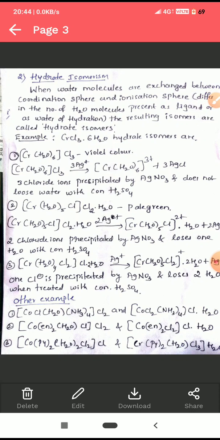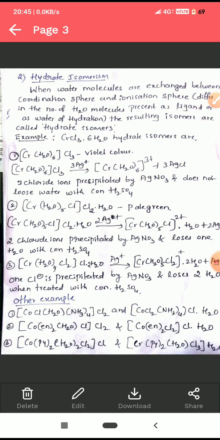When concentrated H2SO4 reacts with the compound, it removes the water molecule from the given molecule. When the first complex is reacted with H2SO4, there is no loss of water molecule. It indicates that all the water molecules are present inside the coordination sphere. Next, the second type of isomer possible is [Cr(H2O)5Cl]